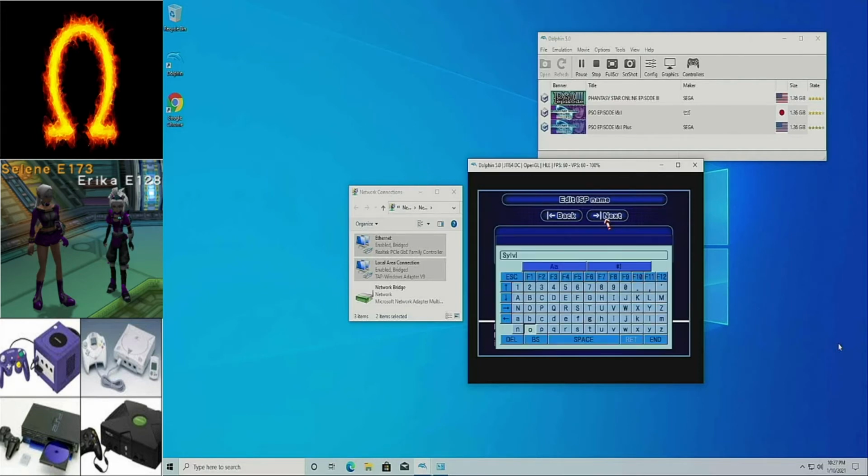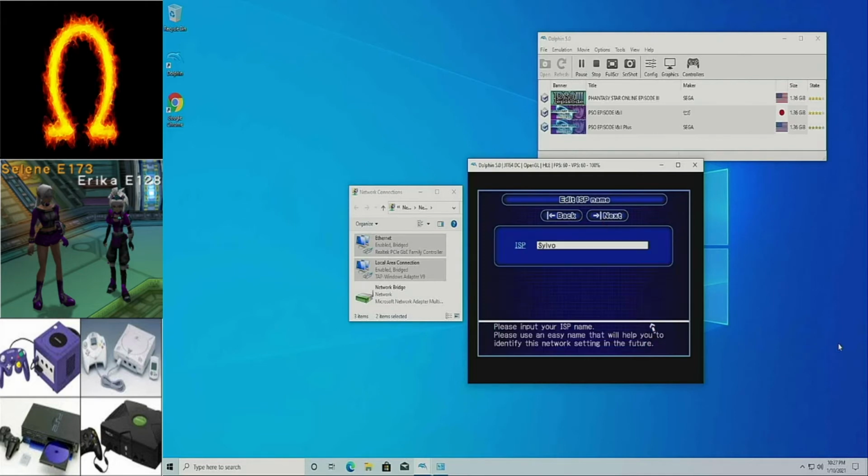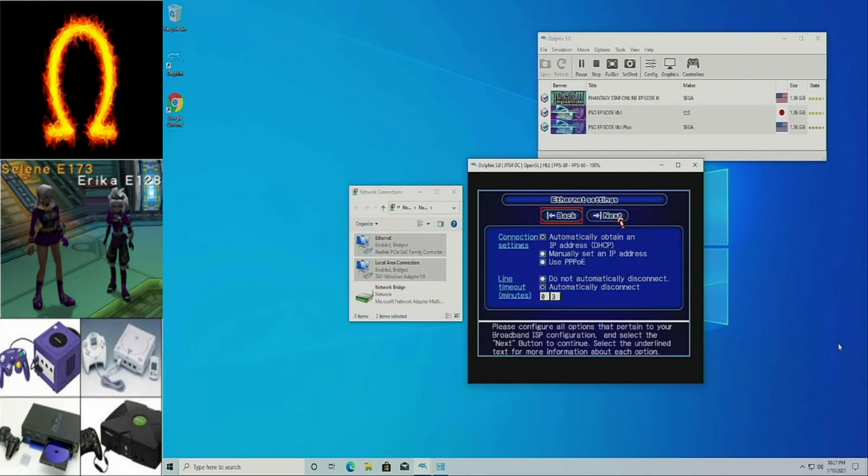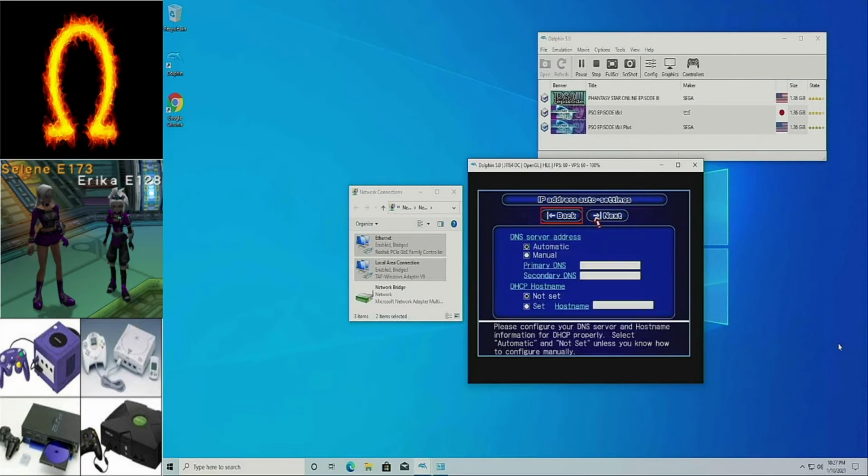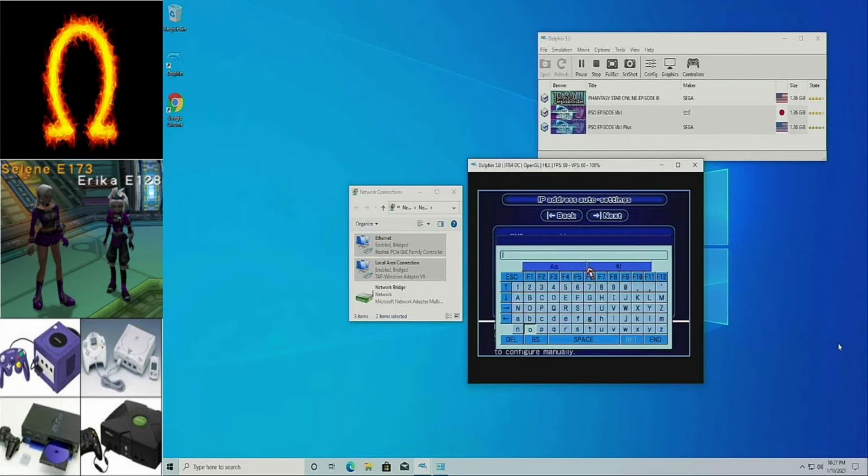Okay, next. Quit being a pain in my backside. There we go. You do not want to automatically disconnect. There's a little delay there in the display change. Now we want to go to a manual DNS, and then we want to put in the DNS information